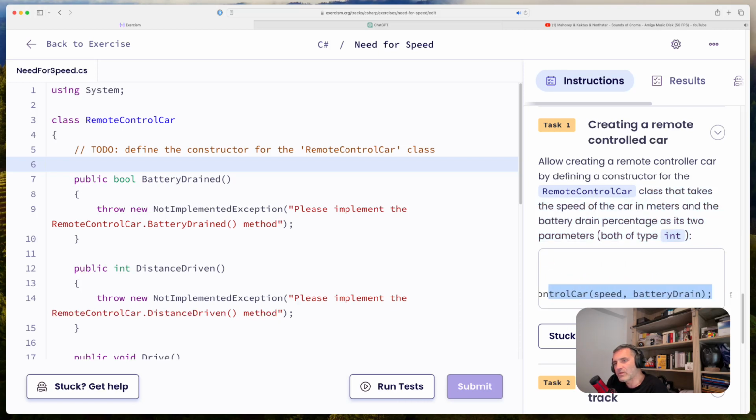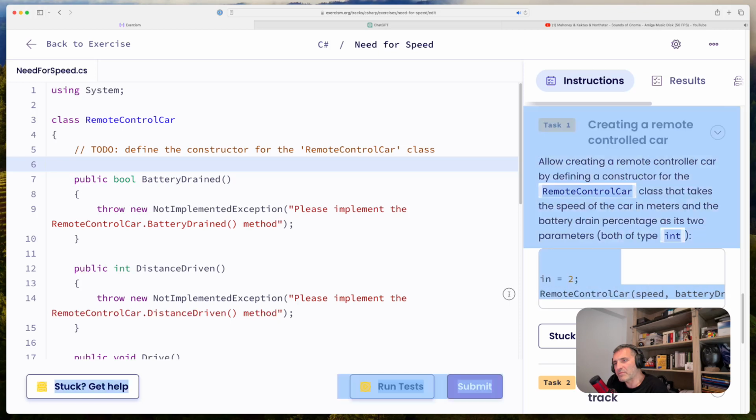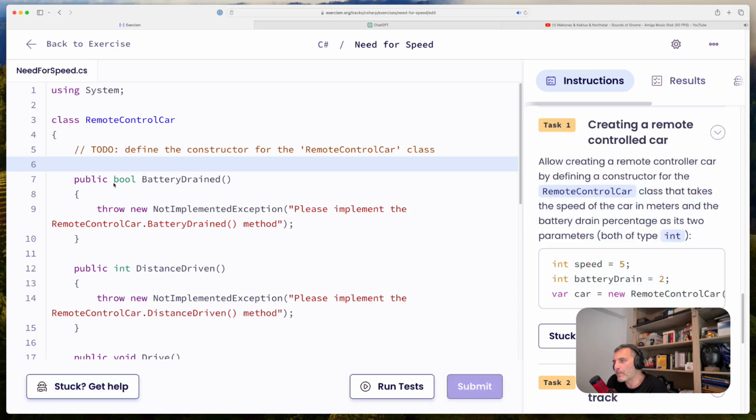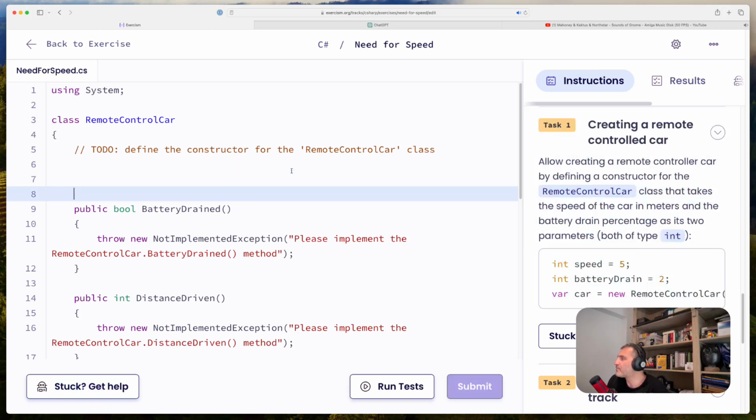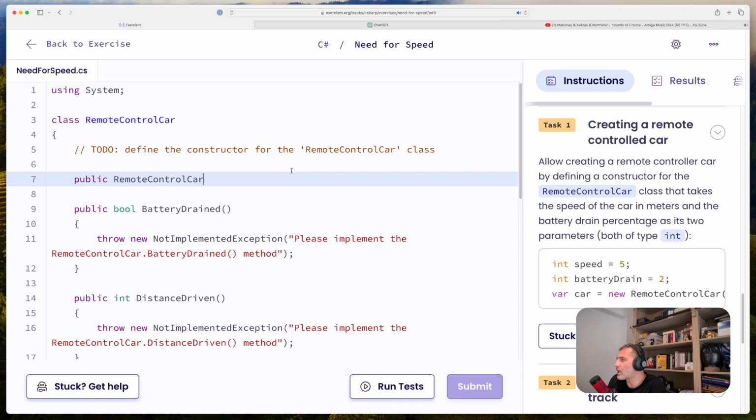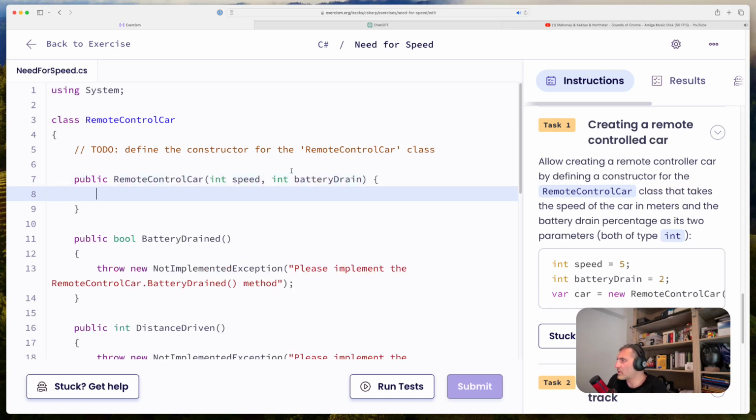Okay, battery drain, speed. Let's do it. Public constructor, so it's public RemoteControlCar, int speed, int batteryDrain,